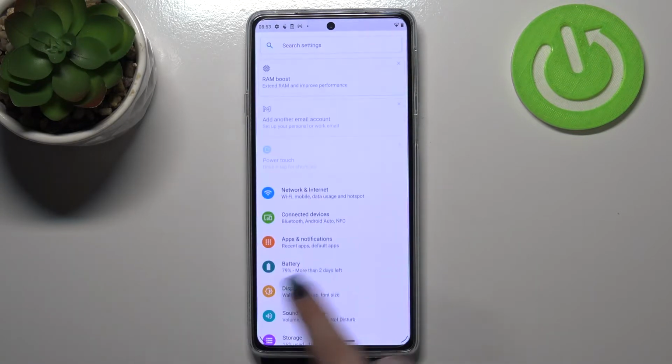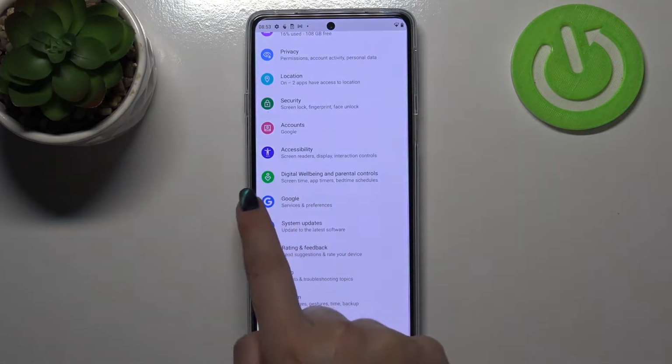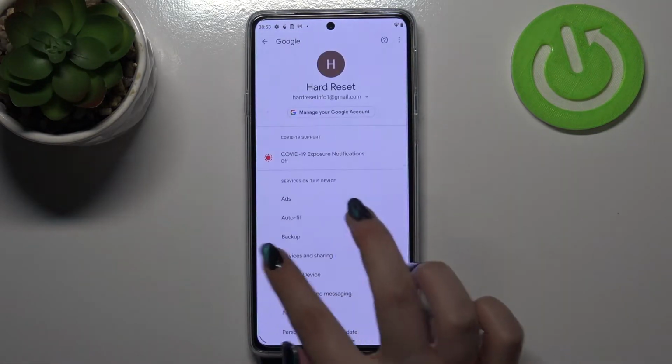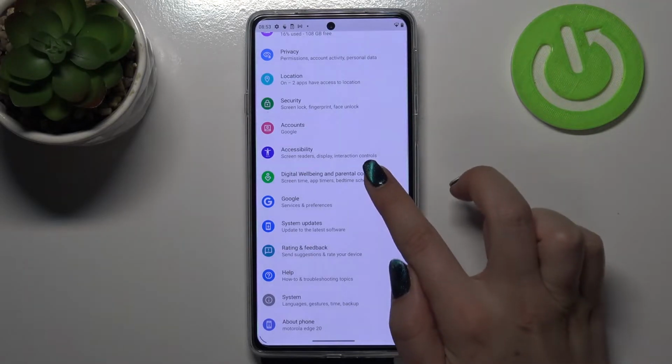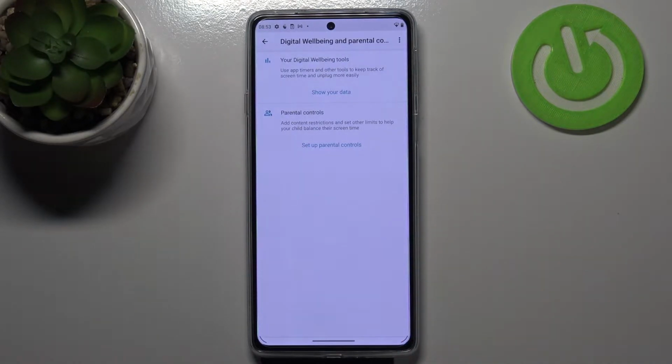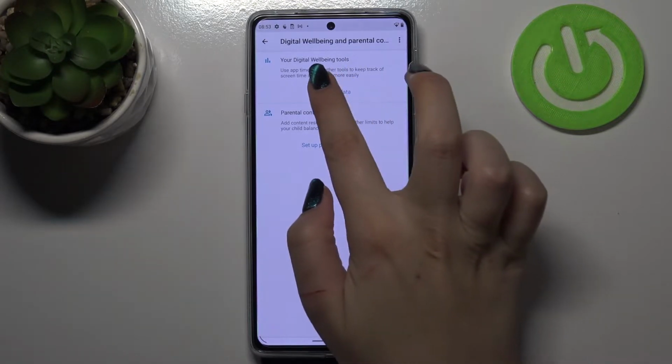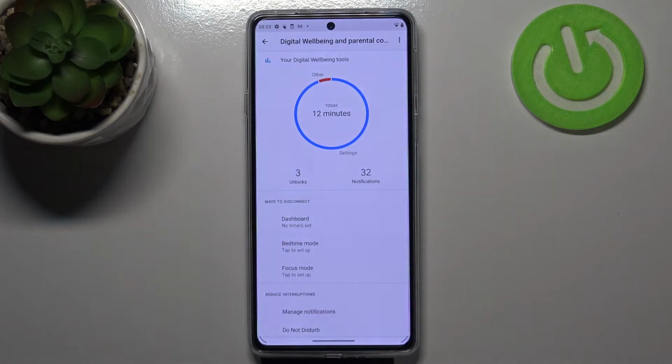So first of all, let's enter the settings, and here we have to scroll down to almost the very bottom in order to find digital well-being and parental controls. I'm so sorry, that was obviously a misclick. So let's tap on the digital well-being, and in order to check the information, just tap on show your data at the very top. And as you can see, we've just been transferred to the section in which we can